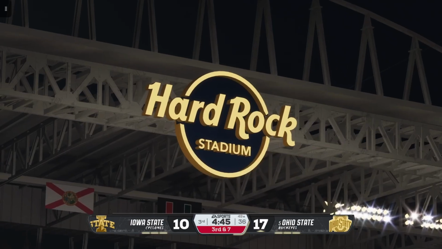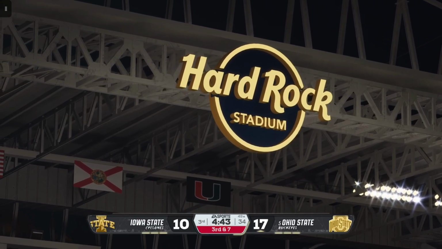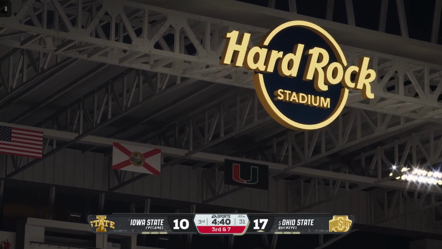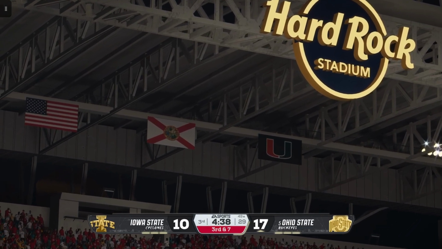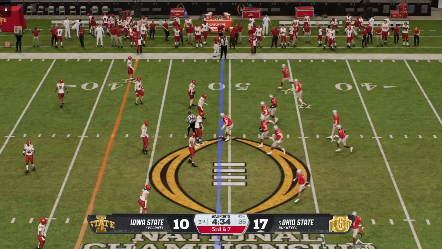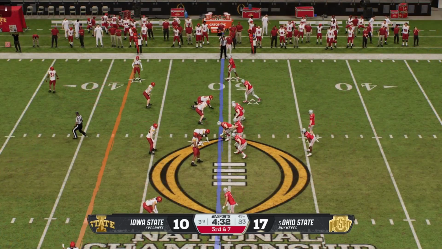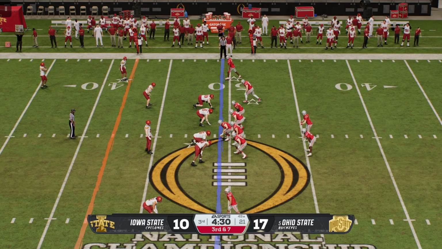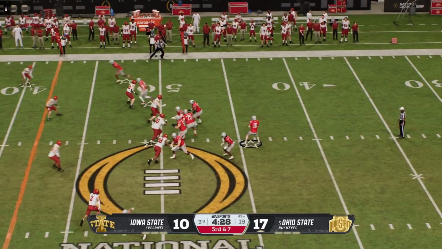You know, in the era that we live in right now, everybody wants to spread the field around, try to create space, try to create one-on-one matchups, and the defense has countered over the years by trying to play out wide. But here's a great example. The defense has the ability to play wide, but still be solid at the line of scrimmage, not give up big run plays. Looking to pass.